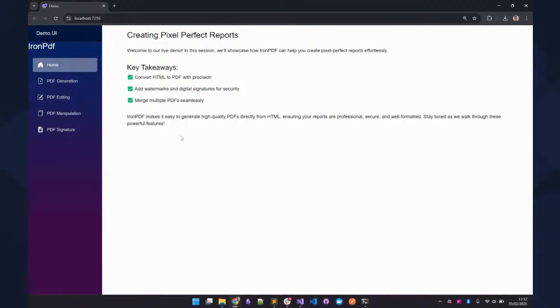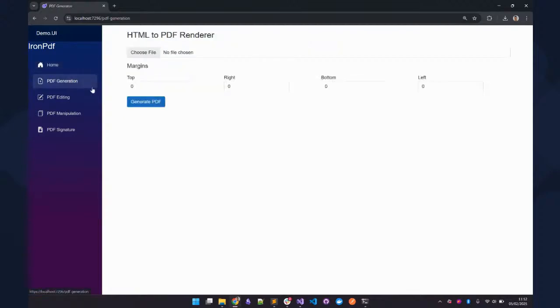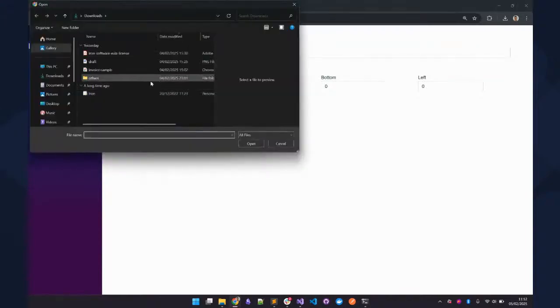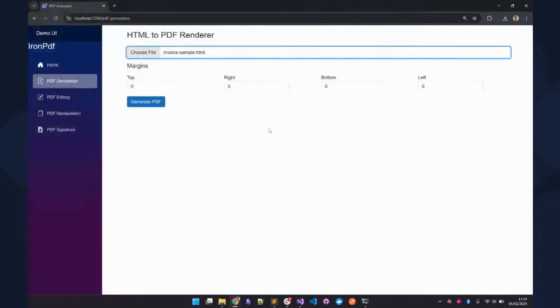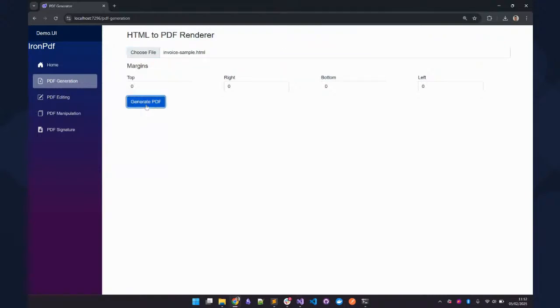First one, the home page. This is showing you the brief descriptions. I'll be going through HTML to PDF, adding watermarks, digital signatures, and merging. This component is about generating HTML to PDF. If I grab an HTML file, this one, and then margin allows you to add borders around your PDF document. For now, I'll just leave it as 0, so there's no additional margin added. When I click on generate PDF, it will